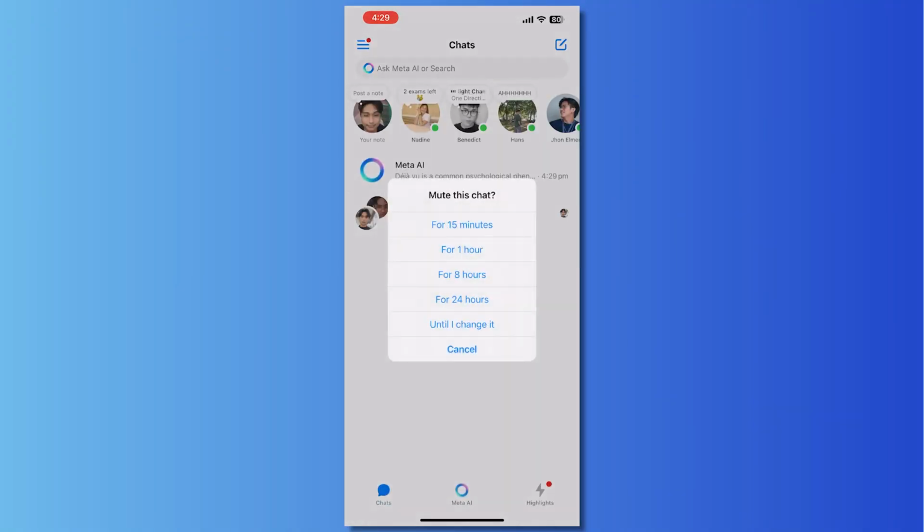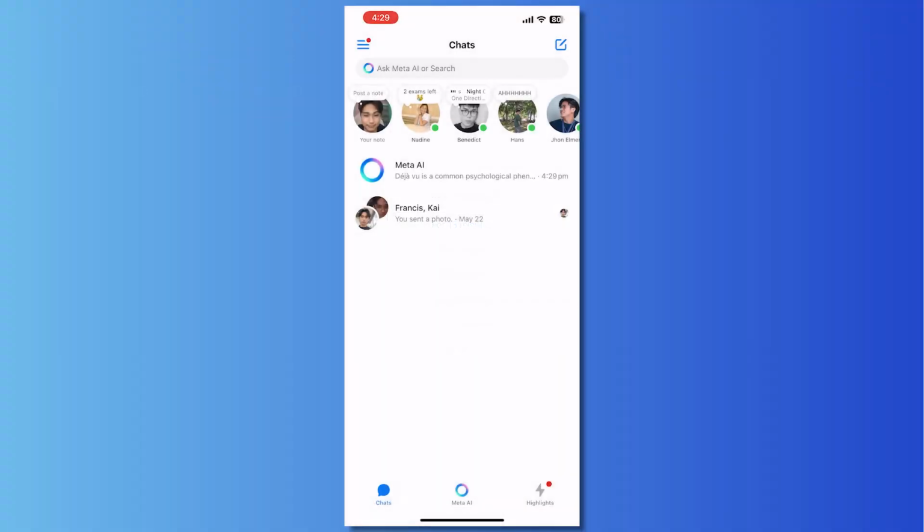So these are your best options here if you don't want the Meta AI in your app, but you don't have a complete way of deleting or removing this from your app. There are a few workarounds if you really don't want to use Meta AI on your app, which is to just use the outdated version. You must not use the latest version in order to not have Meta AI on your app,